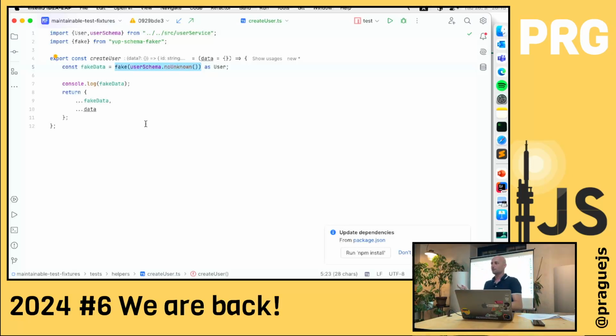So if I add new attributes to the schema, which applies to the whole code base, the tests are still safe, and I don't need to adjust even the helpers for it. Okay, this is the end of the list. So any questions on this?